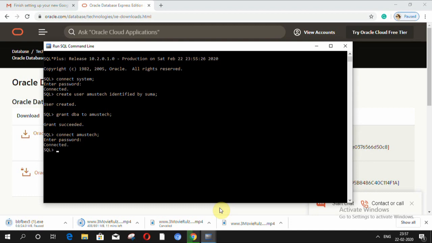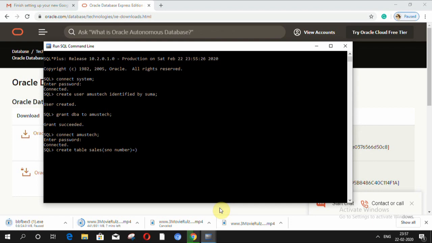After you have successfully connected to the particular user ID, in order to create a table, you need to write create table, and you need to give a table name for your table. My table name is sales, which is having 3 columns: serial number, employee name and his salary. In order to create 3 columns, I am writing create table sales of serial number, which is having